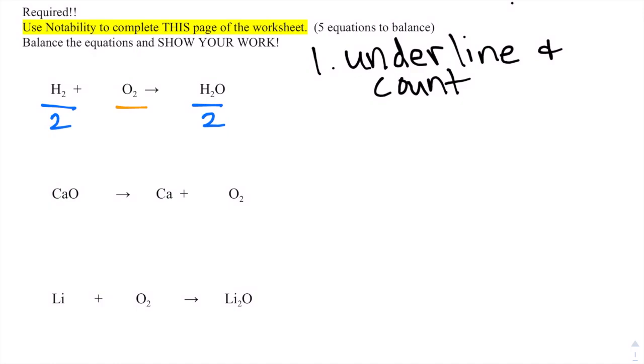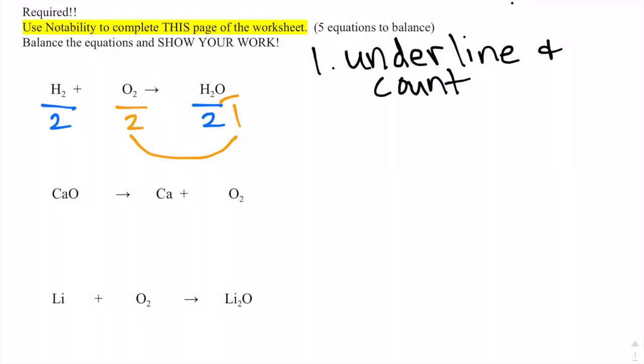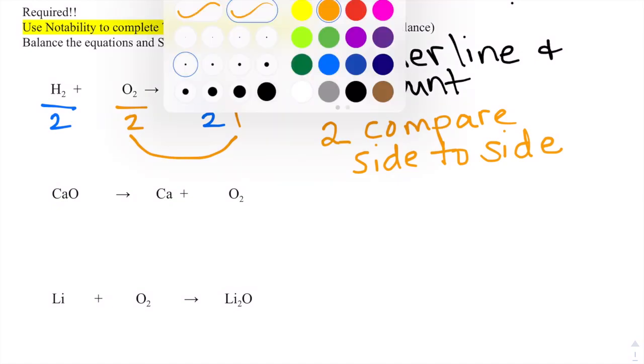So 2 O's, now cross over to see the O's, and there's only 1. So I see that my H's are balanced, but these O's are not balanced. And so what I just did was step 2, compare side to side. If I was just answering, is it balanced? I would say no. But if I have to balance it, now I need to go to step 3, which